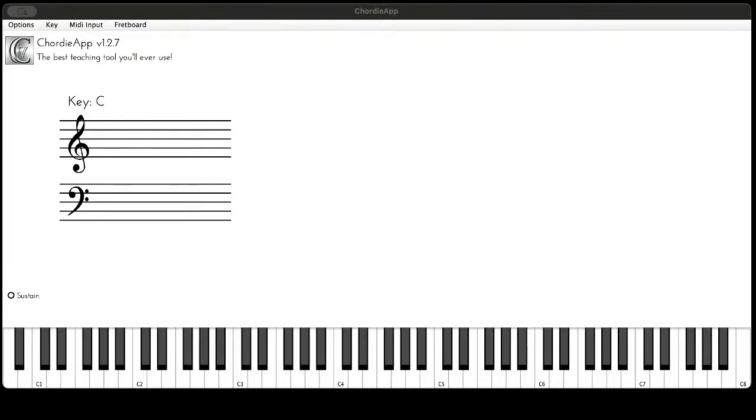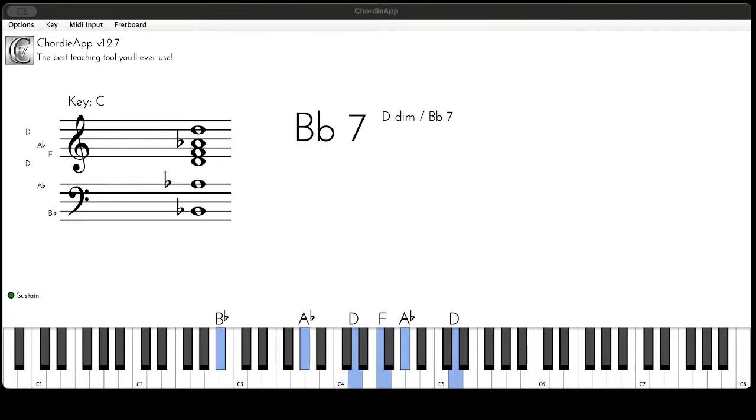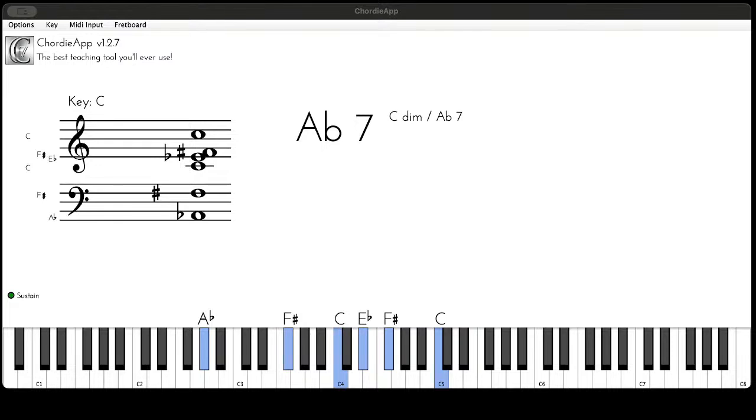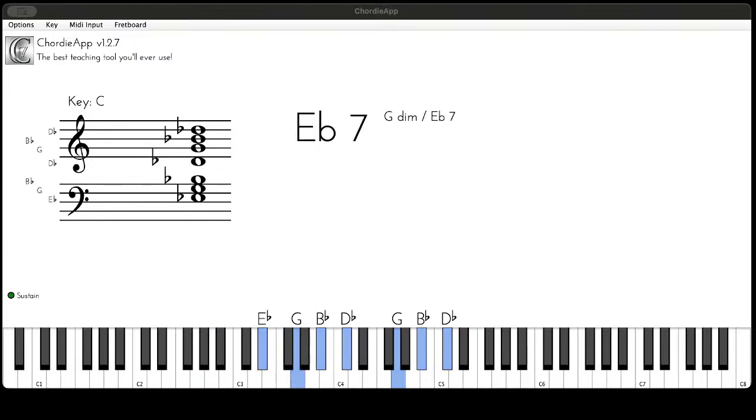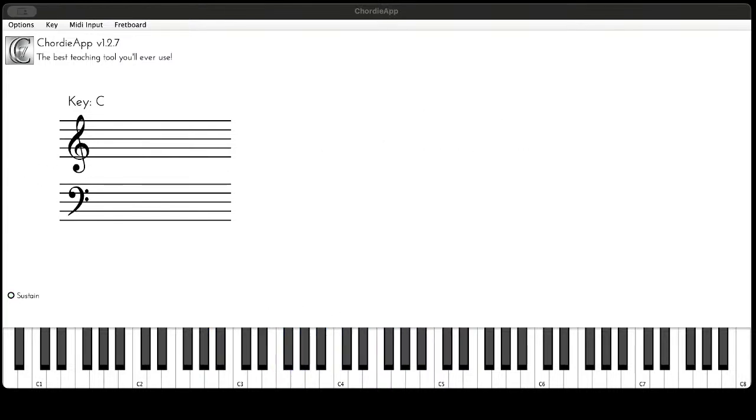I'll try another key. I think yesterday I did try B flat minor. I think today I'll try E flat. So in E flat, the one chord E flat 7, then A flat 7, and again E flat 7, and then we have B flat 7. And now the minor blues scale is going to be